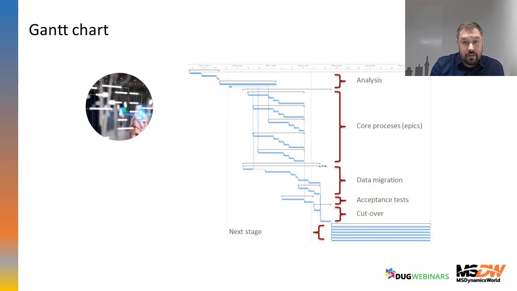Here can be the core processes, which can be represented by epics in your DevOps and so on. Here can be planned the data migration, here those acceptance tests, and the cutover plan. And for example, here can be some next stage after go live,